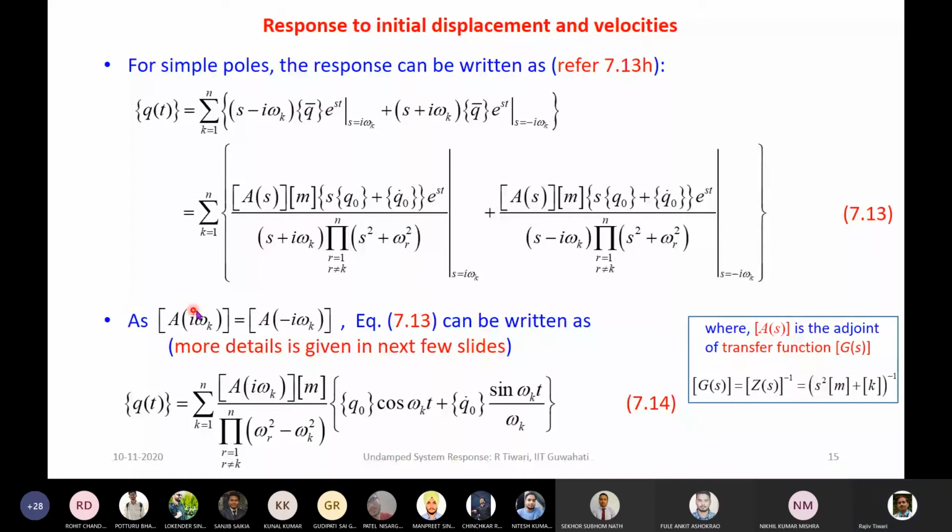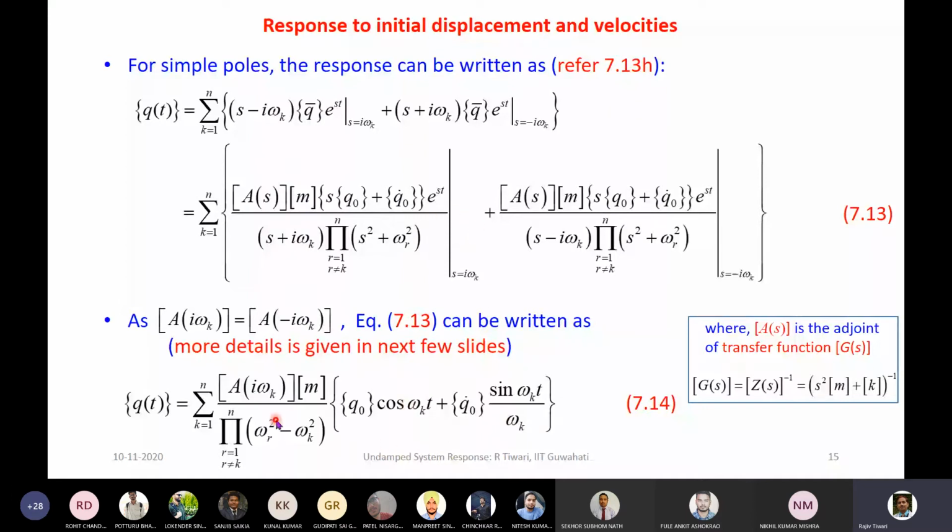This is the adjoint of the Z matrix, and because Z matrix is symmetric, so adjoint also will be symmetric. So in this particular case, this particular thing will be valid. So based on that, we can combine these two like this, but there are a few more steps involved in converting this to this that I'm showing in the